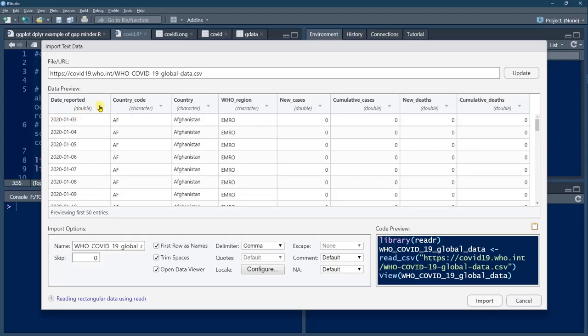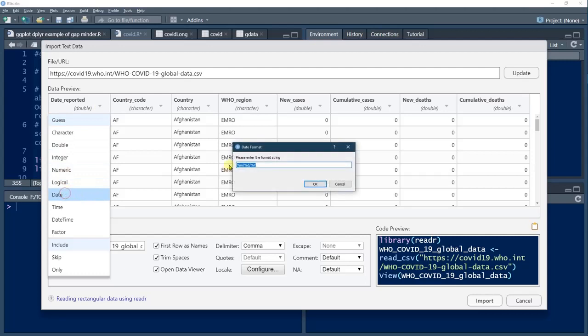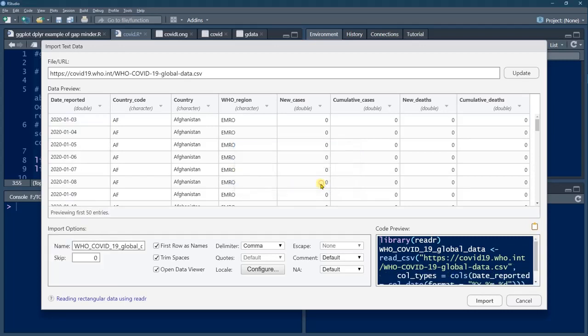So we'll change it to date, and then here we'll add percentage capital Y because 4 digits are there. If 2 digits are there, small y. Then we need not have this separator, we have to give hyphen, then this forward slash we'll remove, and then we'll give again hyphen, and we don't have these other specifications. So we have got year, month and day with hyphen. We'll say OK. So it has accepted. Now it is in the date format.